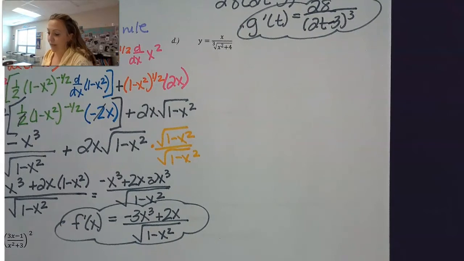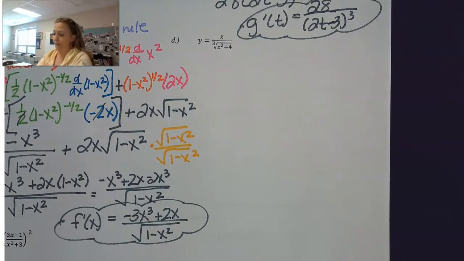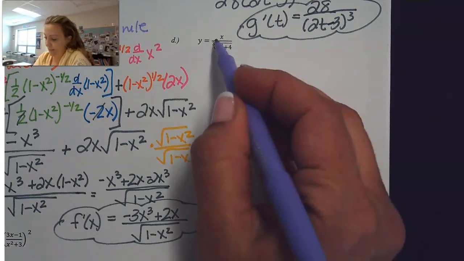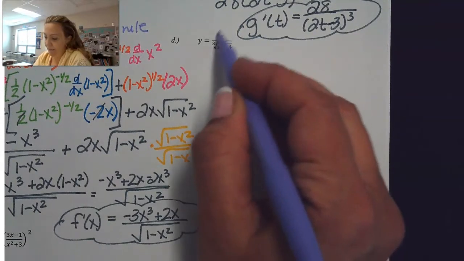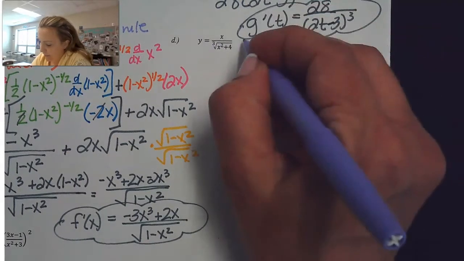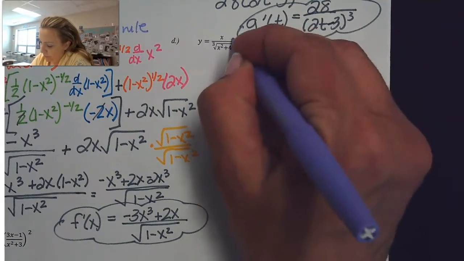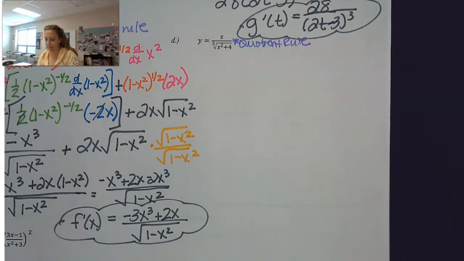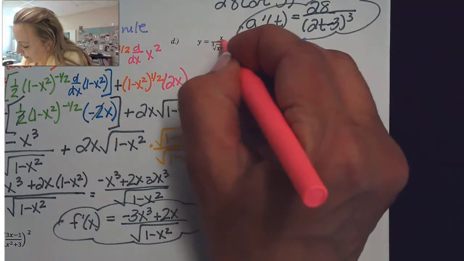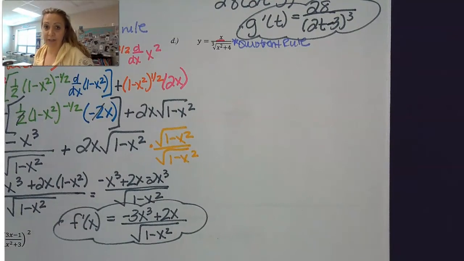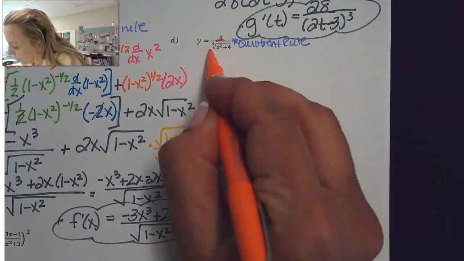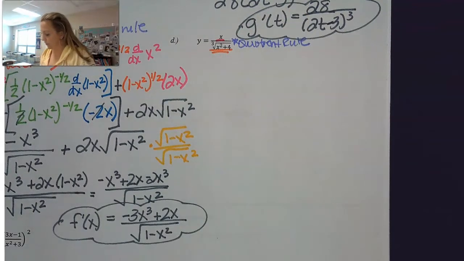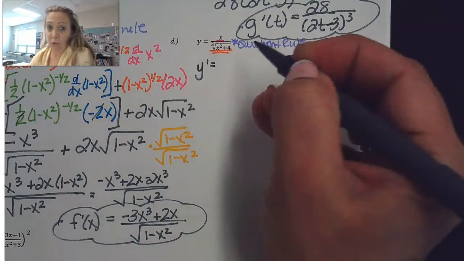Now in letter B, we had a quotient, but we could just bring the other one up. Here, regardless, we've got basically like one type of function in the numerator and another in the denominator. So this means we're going to have to use the quotient rule. So our x is going to be our numerator, our high, and our cube root of x squared plus 4 is going to be our low. All right. So y prime is going to be